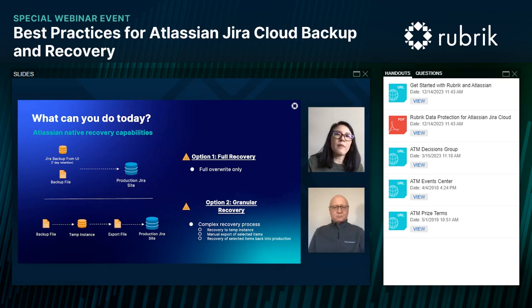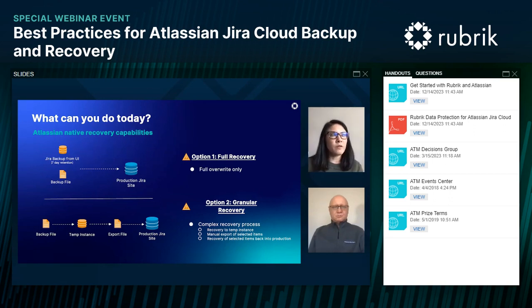If you think about that, you are probably going to be overriding a lot of good data. And in most cases, from speaking with customers, that's not really what they're trying to do. They're trying to get more granular. They're trying to figure out a specific project or a specific set of issues to restore.